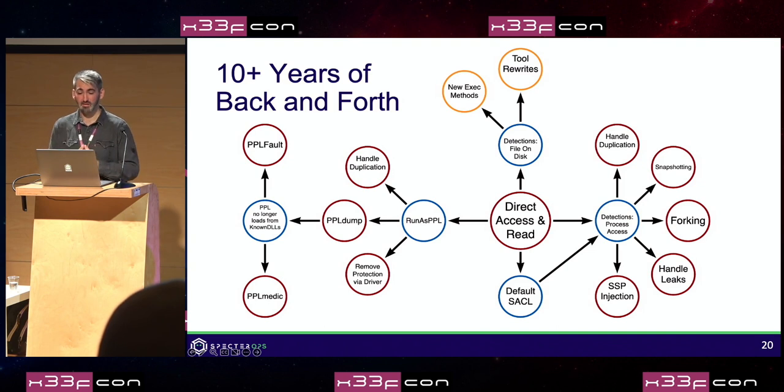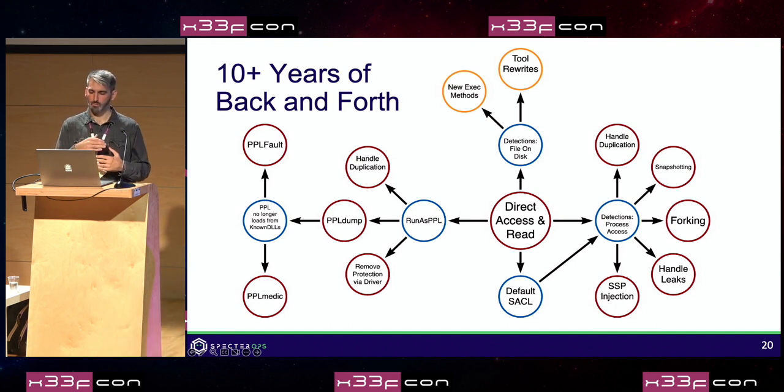But on the right side of this, from the detection strategy side of things, we see a lot of detections focused on, like I said, the opening of that handle to lsass.exe with